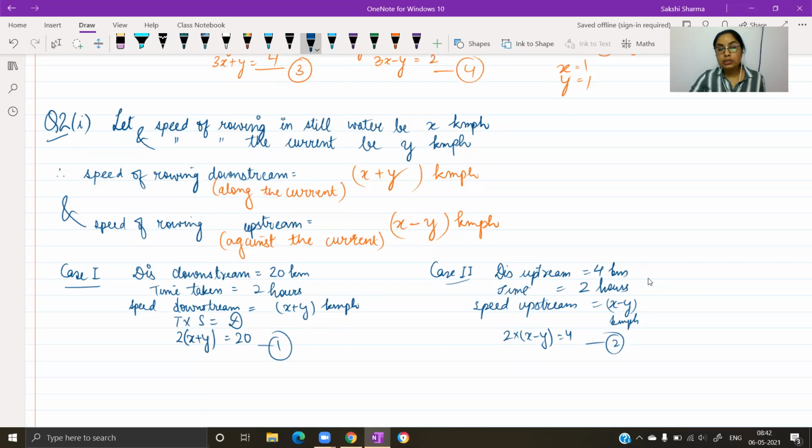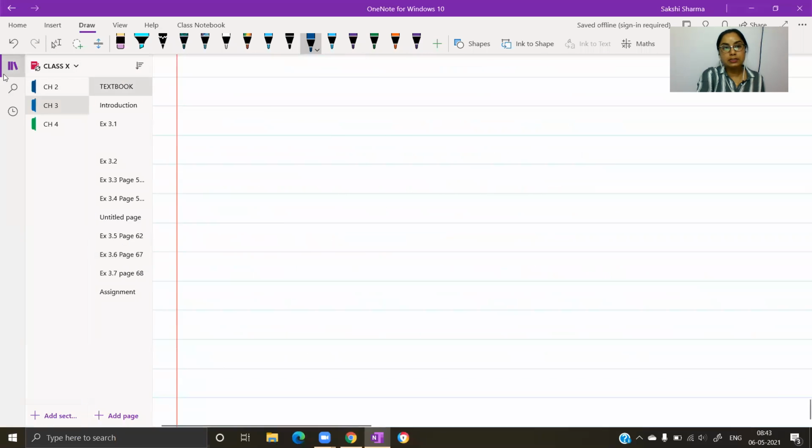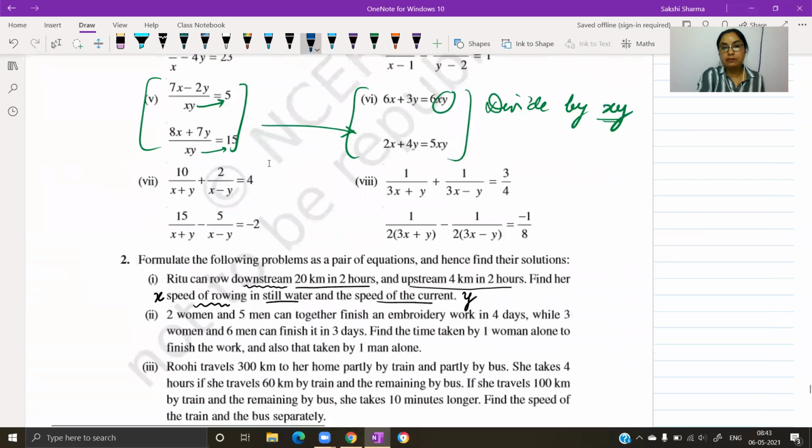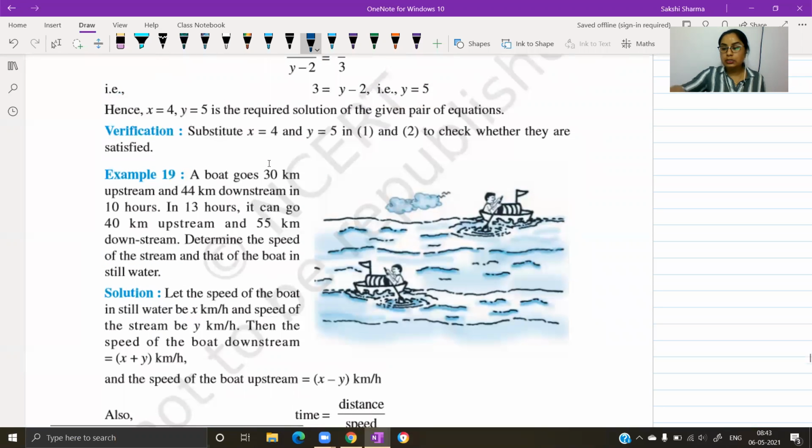Now, this situation just gives you expressions in x and y in either of the equations. You had a single expression. I want you to compare this question with the example given right before the exercise. I'm just turning to page 65 in the textbook. Kindly take a look at the example given right before this exercise. So this is a question similar to the concept used in question number 2, first part.